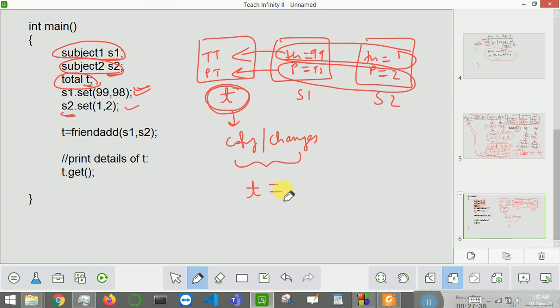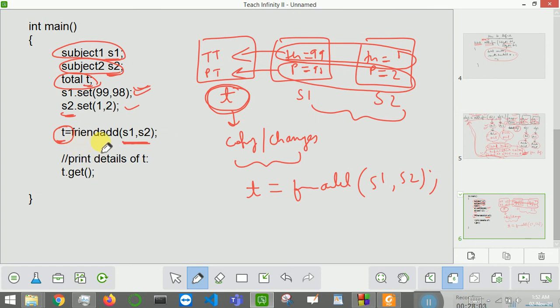So you will call your function like this: t equals friend add, and then these two will be your passing objects, s1 comma s2. S1 and s2 are your passing objects, and t is the object to which you want to make changes, to which you want to add.